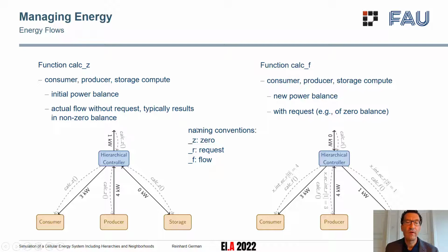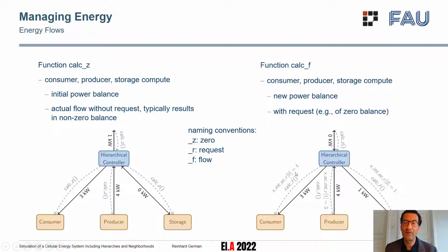But the aim of the strategy is to get a local balance and not to export anything to the higher level. So therefore we do a second function call called calc f, which again goes through the atomic cells and